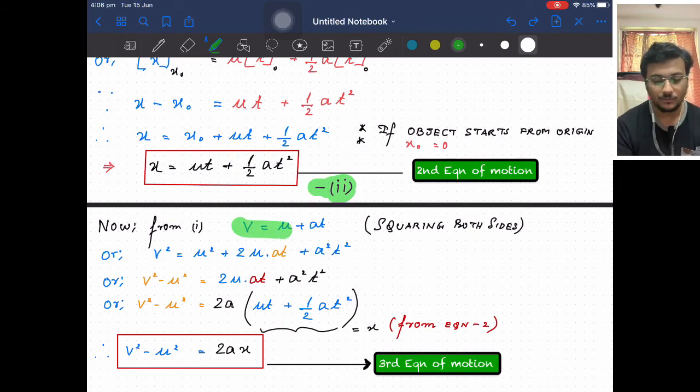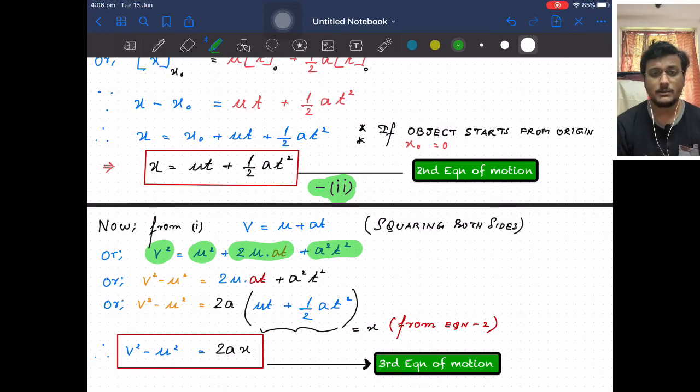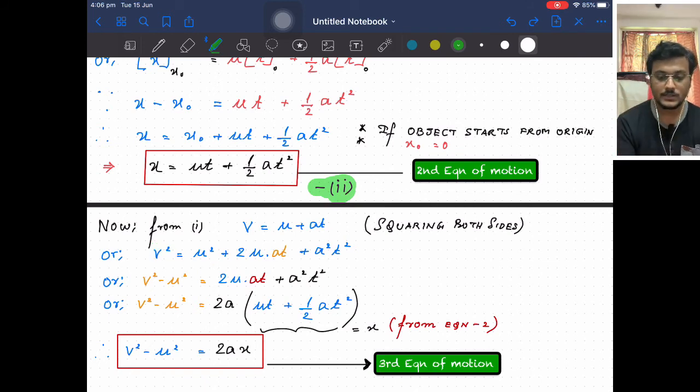So we are playing with the formula. v equals u plus at. Now when we square both sides, we have v square equals u square plus 2uat plus a square t square. Now what's this thing? On the right hand side we have an a plus b whole squared form. If we take u square from the right hand side to the left hand side, then people, I hope you can see that we have v square minus u square, which is an essential part of the third formula. v square minus u square equals 2ax.